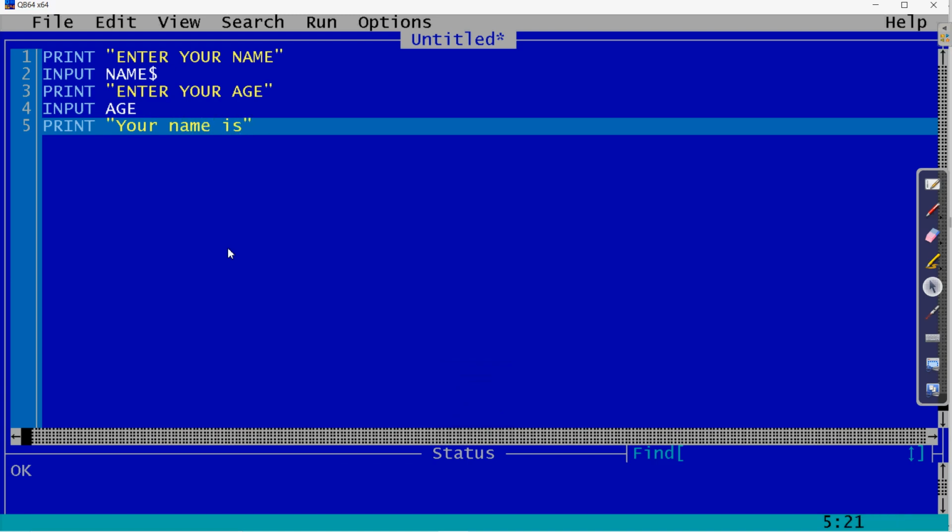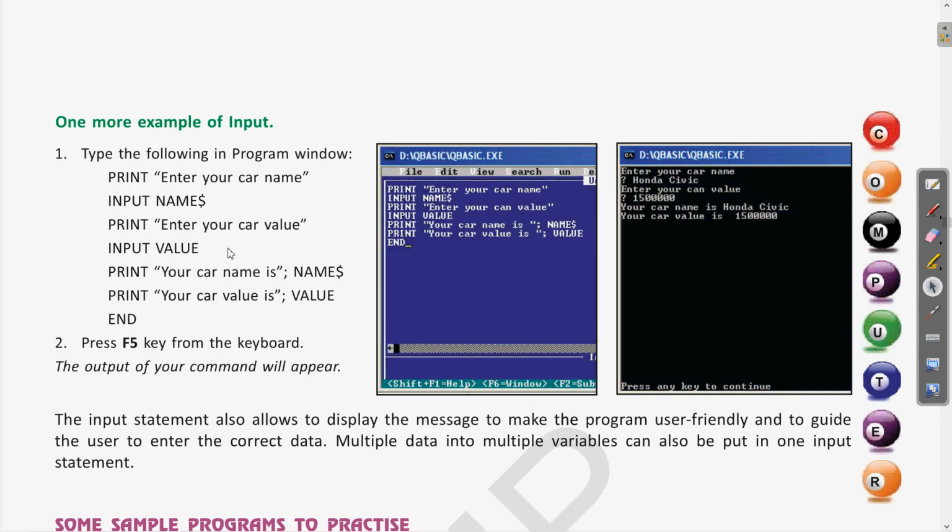So after writing this message, we can write the name of the variable. So here it is, name dollar. Clear? In this example also you can see that whatever the message you want to write, we can write that first and then use the semicolon and then the name of the variable.